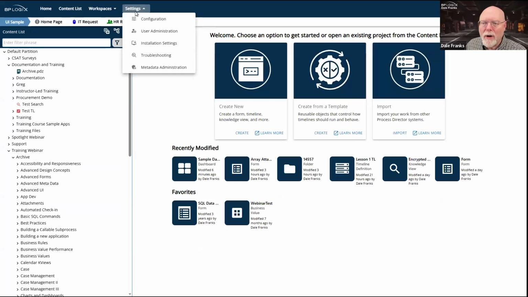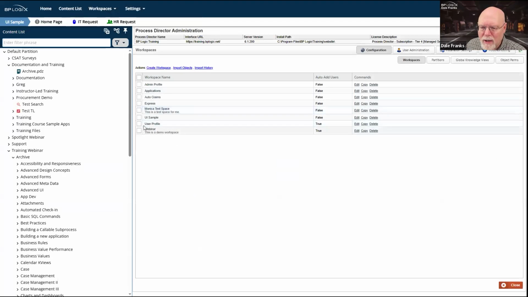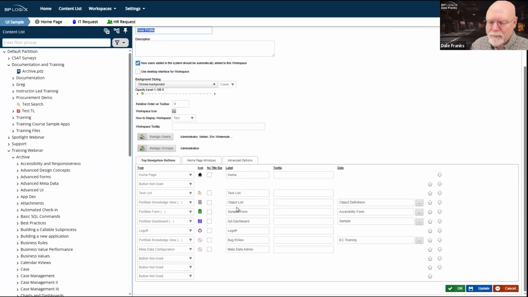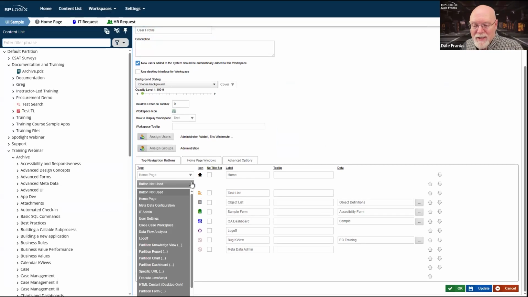That's not where I wanted to go. I wanted to go back to configuration, and let's just go back to user profile, since that's the one that I use. So I have all these navigation buttons in my user profile, including this button that was currently not used, but is about to be.